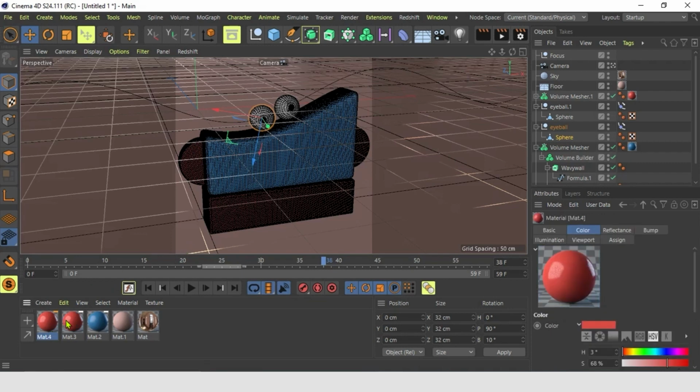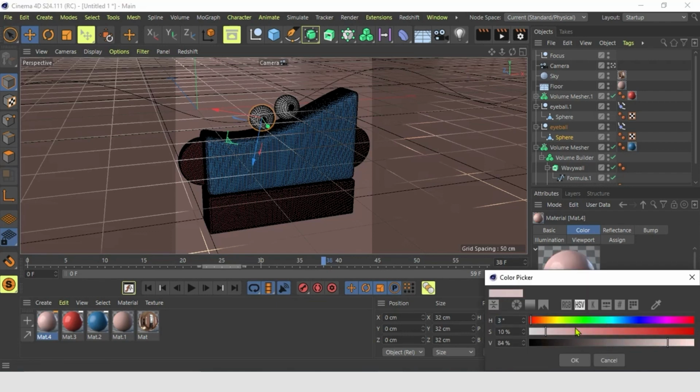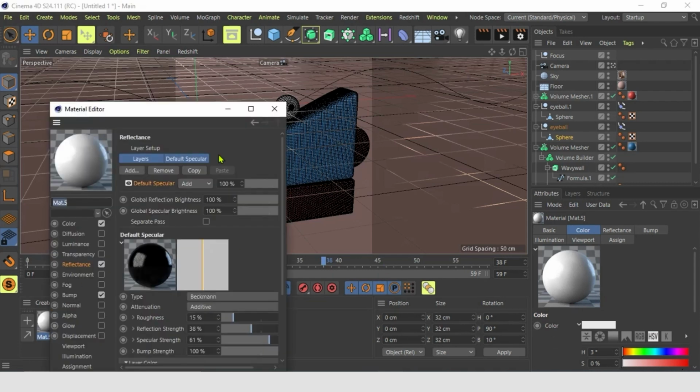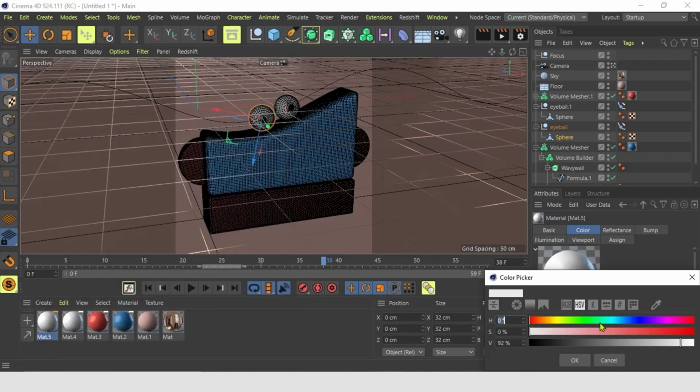So let's duplicate this red material and we go here on the color, more of a gray white, and we do the same thing and choose a dark blue black. This will be the black part of our eye.